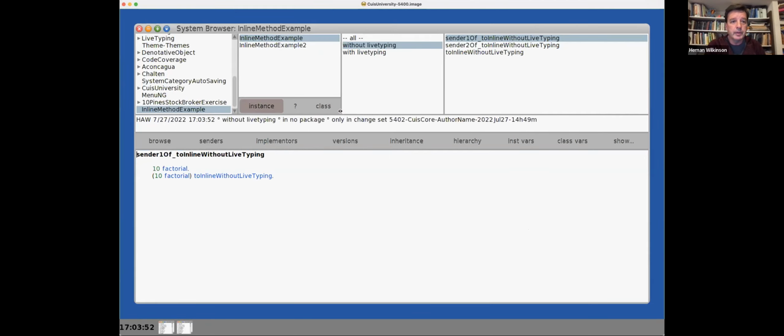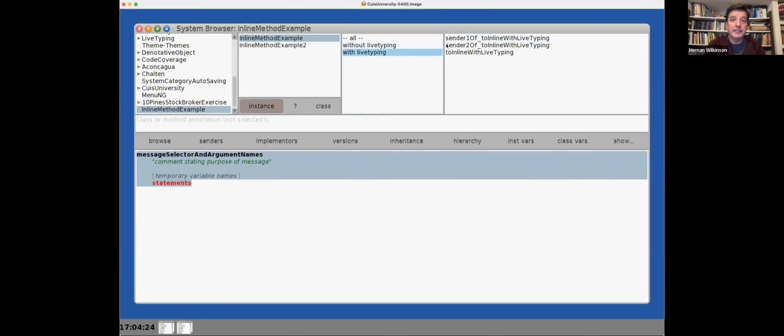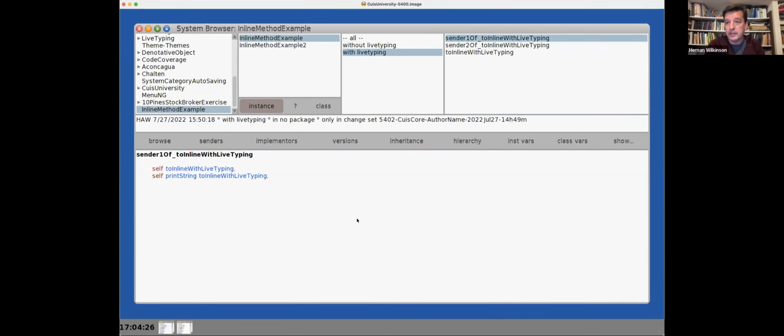And as you will see, the method is going to be inlined. And I didn't show the implementer. The implementer is 10 factorial. So as you can see, it's inlining all the message sends of that message, no matter the receiver, okay, of that message. So this is not a real refactoring, okay, because the result of the execution is going to be different from before. Well, with LiveTyping, the good thing about it is that we have actual senders and actual